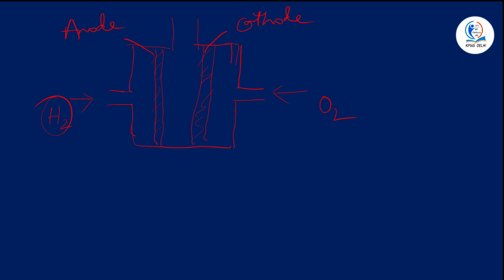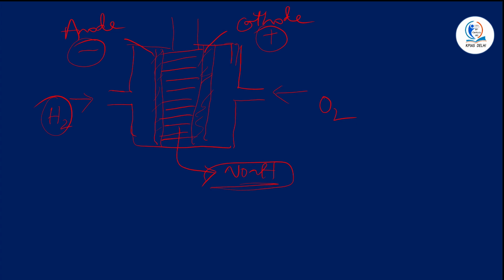The anode, as you all know, is negatively charged, and the cathode is positively charged. The catalyst within this fuel cell can be of numerous types, a combination of anything. Depending upon the catalyst that we are using, the types of fuel cells are classified. So this is a simple diagram in which you can understand the working of a fuel cell.